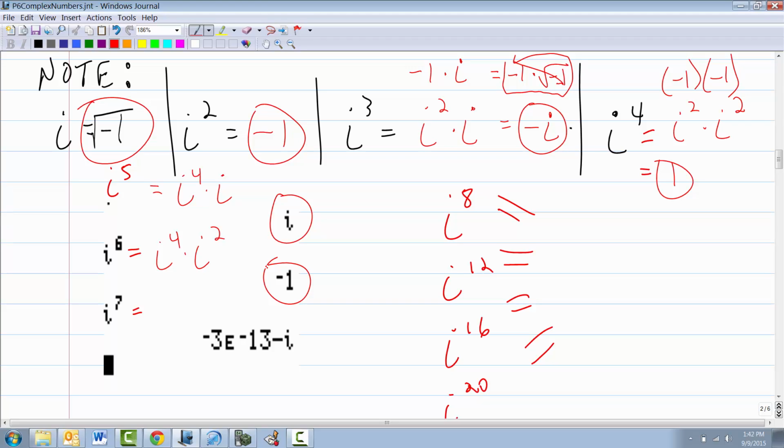All right? Now, anyone without the brand new 84 and without an Inspire, we all get the same error when we type i to the 7th on. And I like it because most people can't read this. Therefore, they can't be a button pushing screen copier. But I will explain it.